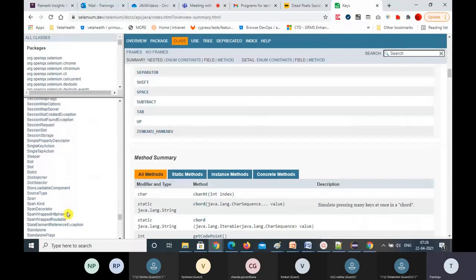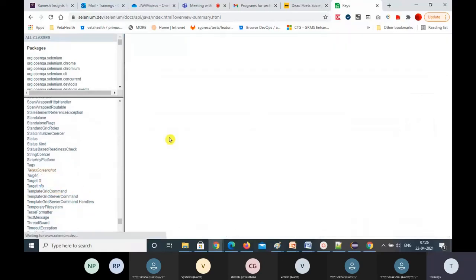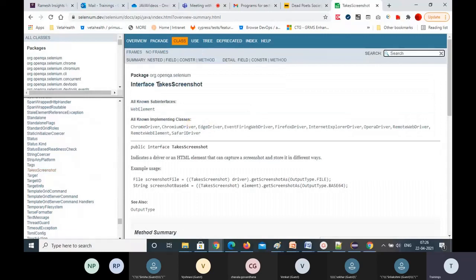So TakesScreenshot will take the screenshot of the entire browser, indicating a driver or an HTML element that can capture a screenshot and store it in different ways. That means this method is returning output type as a file format.